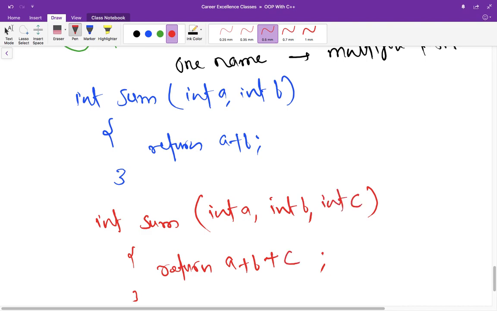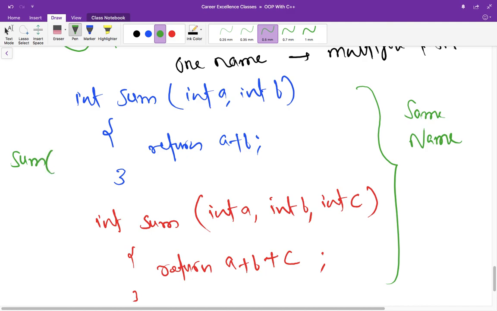Whenever I write like this, you can see that these two functions have the same name, but the compiler will know when to call which function. If I call sum(1, 2, 3), I am sure that this function will be called.